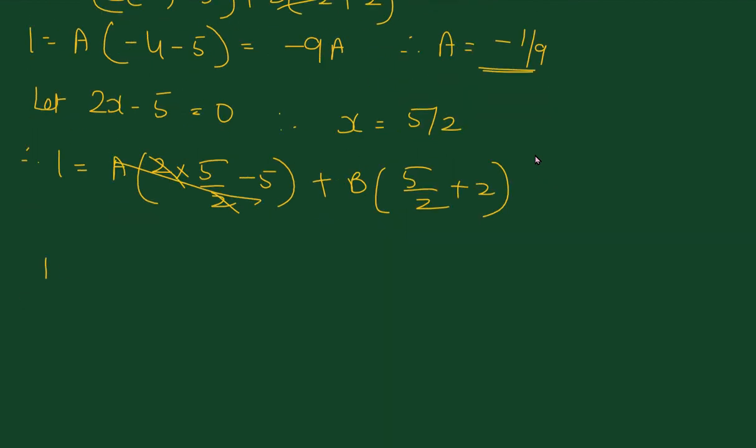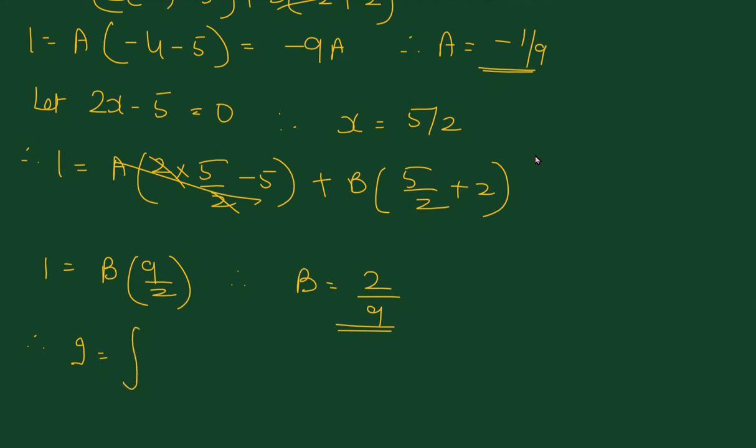So we get 1 is equal to, upon cross multiplying and solving, b is equal to b into 9 upon 2. And therefore b becomes 2 upon 9. So therefore our integral, the entire integral. Now let us write the entire integral. So we got the a term and the b term. So let us write this first. First of all, what term we got, let us write over here.